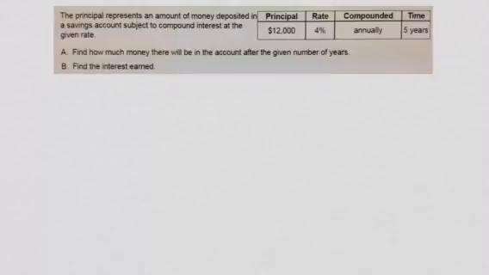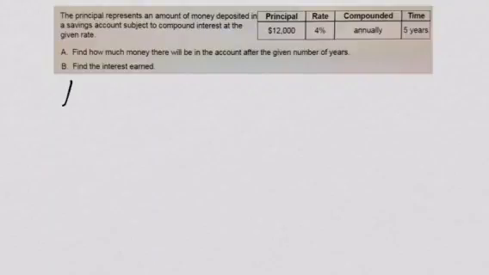Alright guys, I want us to now look at calculating compound interest. Compound interest is a little different from simple interest in the fact that it's interest computed on the original principal as well as any interest that has been accumulated along the way. And the formula for calculating the amount in an account for compound interest that's paid n times per year is